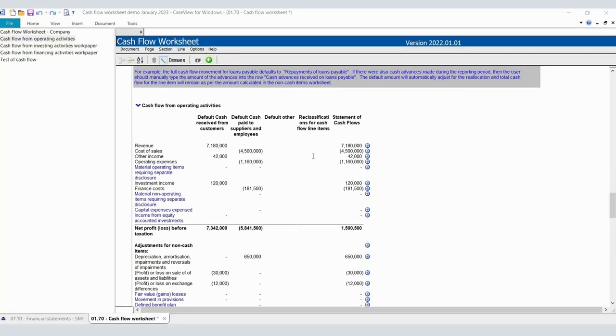Now looking at the cash flow from operating activities working paper, you will notice that this is really just one large calculation. Very little work to be done here. It's just for review. So what we've done is we have just split out to obtain the net profit or loss before taxation. We have just split out all of the numbers on the statement of profit or loss and just allocated them